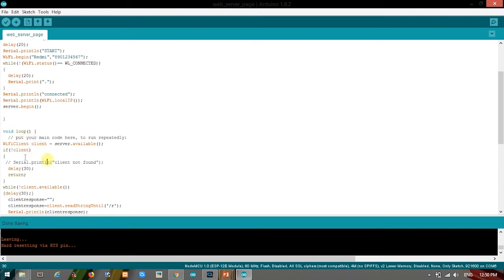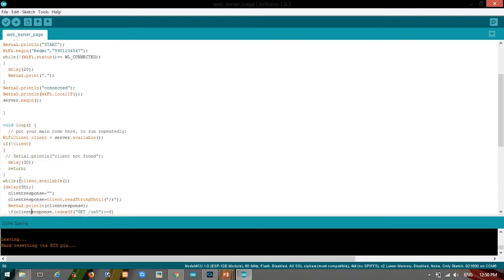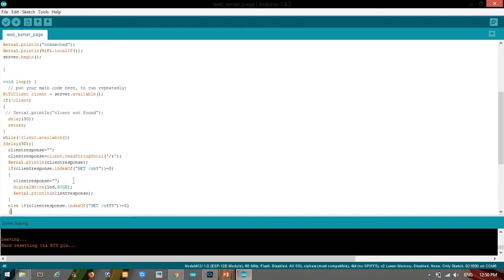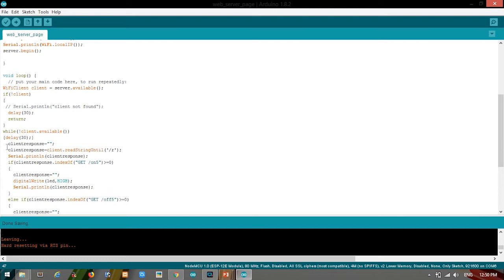We'll check if the client is saying something. If yes, then we'll grasp everything it is saying. So where will we store it? Here, client response. Whatever the client says, we're going to store in this variable, client response. We make client response initially empty, and now we're going to store in it client.readStringUntil('\r').